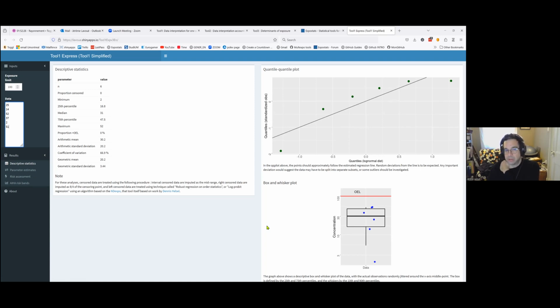So you didn't make a mistake in data entry. You didn't input a measurement from another group by mistake with a very different exposure profile. So you can see here there's a number of very descriptive parameters. So you can verify that the software correctly read that you entered 6 values. And this is important